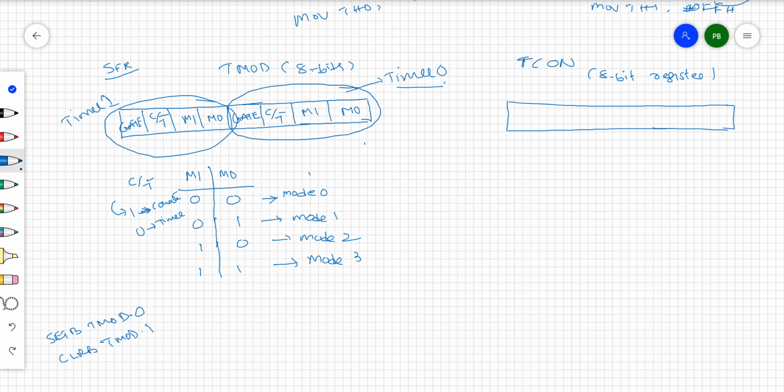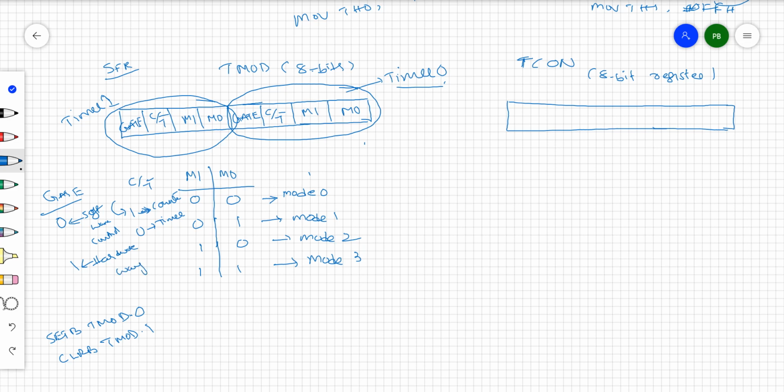The other bit is the gate bit. This gate bit decides the following. If it is 0, then by the software way, by making it 0 or 1, you want to use it as a counter or timer. That is the software control. If it is 1, some external signal you need to give to make this particular timer operate as a counter or timer. So this is the hardware way.